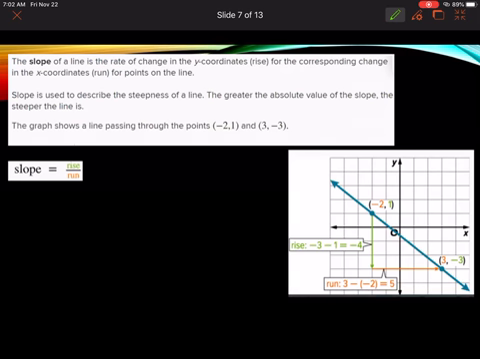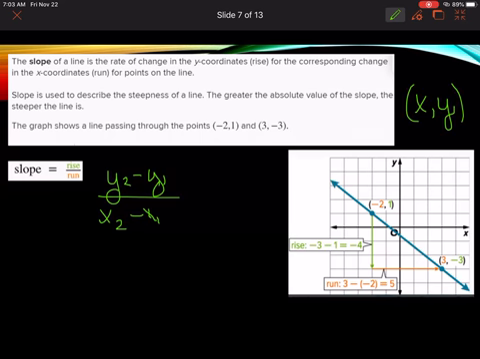So slope. Slope is the rise over run. So our equation is going to be y2 minus y1 over x2 minus x1. Don't let those subscripts get crazy on you. What happens is you're just going to pick a point, and that's going to be y2 and y1, because remember, our coordinates are in the form (x, y). So that just notates that